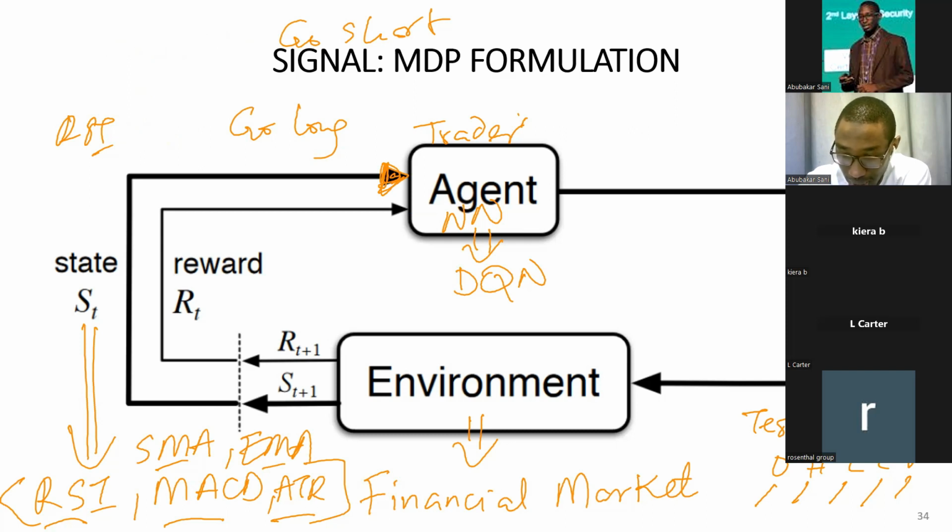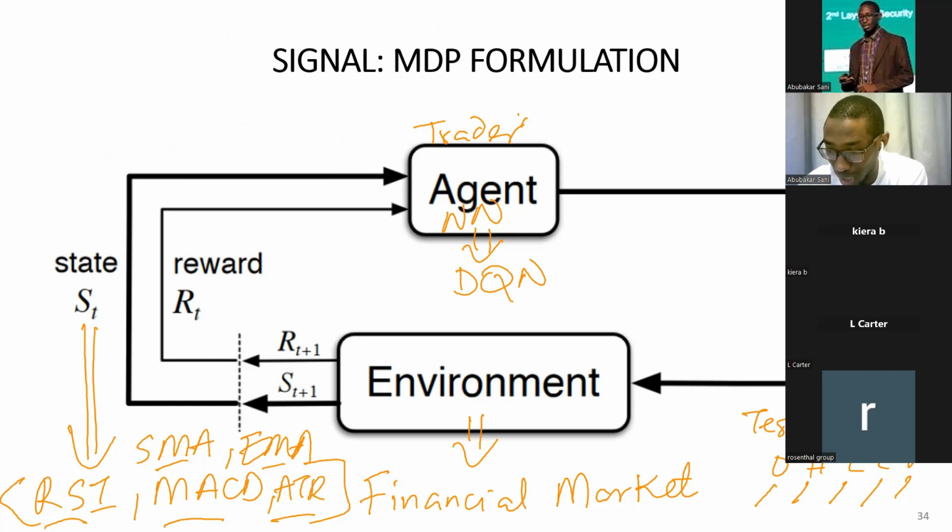He is going to figure things out by trial and error. You will not know that 70-30 is a good value for RSI. He will be able to figure it out on his own without us. So we give it this, and he will have 3 actions. Given these current values, he will decide, should I go short?